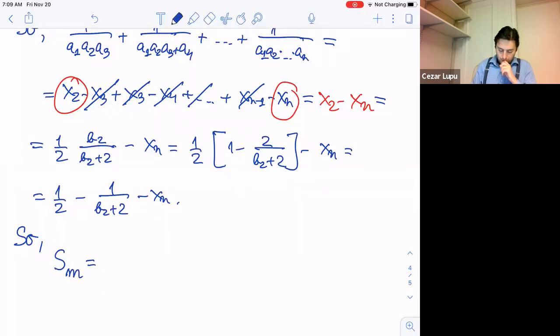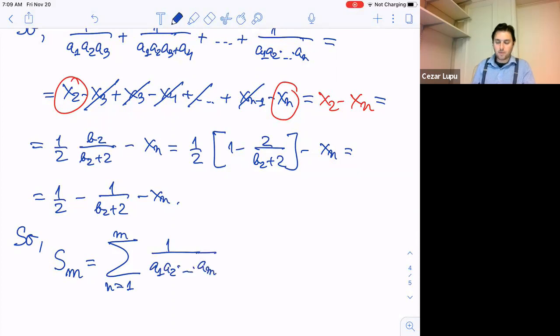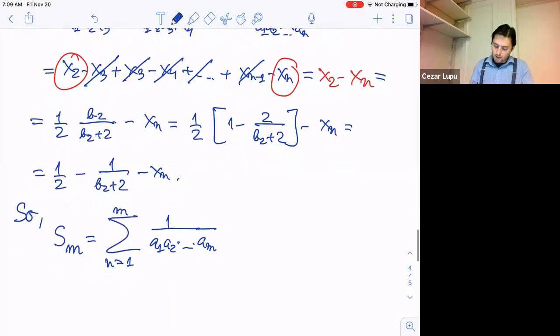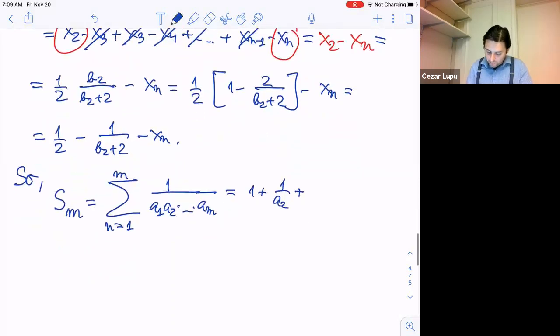So this guy will be the sum from n equals 1 to m of 1 over a1, a2, an. So let me consider the partial sum of this. And if we write it, it's 1 over a1, which is 1, plus 1 over a2, plus, and now starting from the third one, it is 1 over a1, a2, but a1, since it's 1, you have only 1 over a2 plus, and now